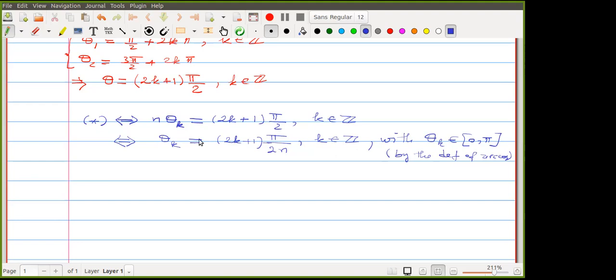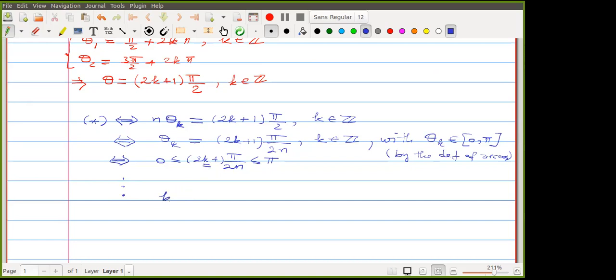Now, if we impose the fact that it is in that interval, we can write this. Now you see that this will bring a restriction on the value of k. So if you solve this inequality, we will end up with